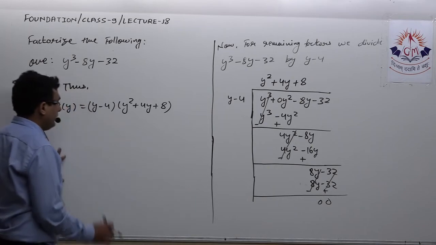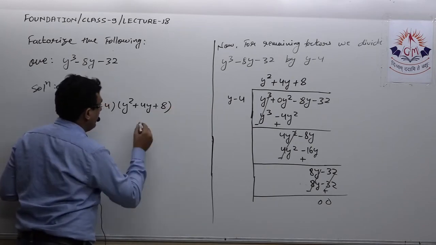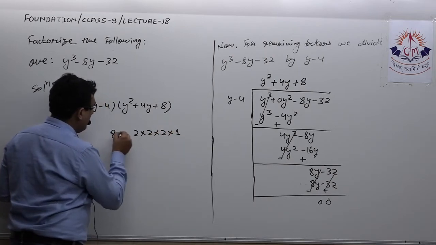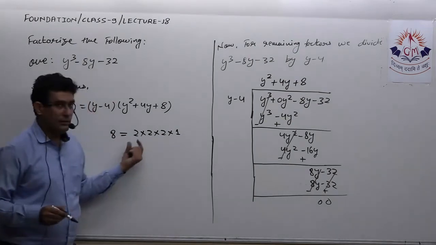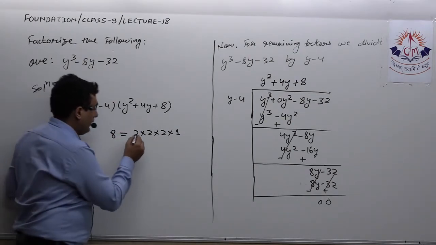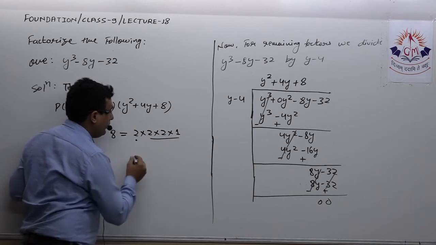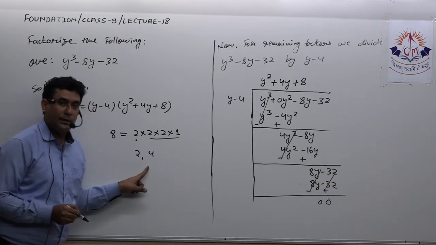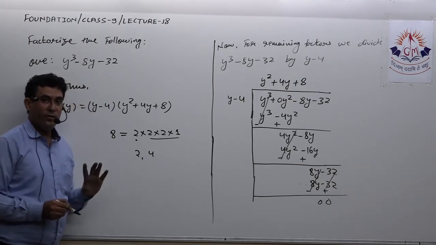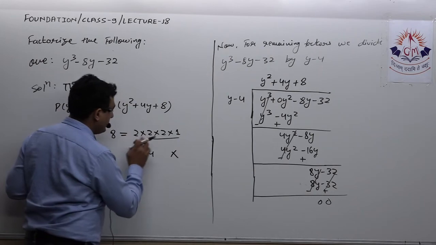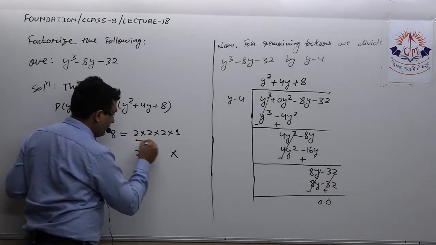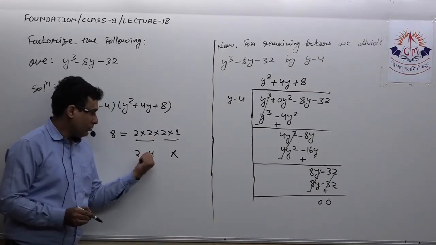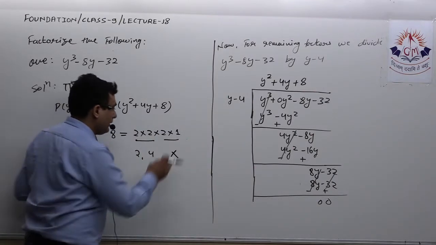So let us see. Now we have to find the factors of 8. So 2 multiplied by 1. Now using these factors I have to get 4. So if I take this and remaining all together, so 2 and 4, definitely neither their sum nor their difference is 8. So this is an incorrect combination. Now I take first 2, so again it will become 4 and 2 only. So the first combination and the second combination are the same.